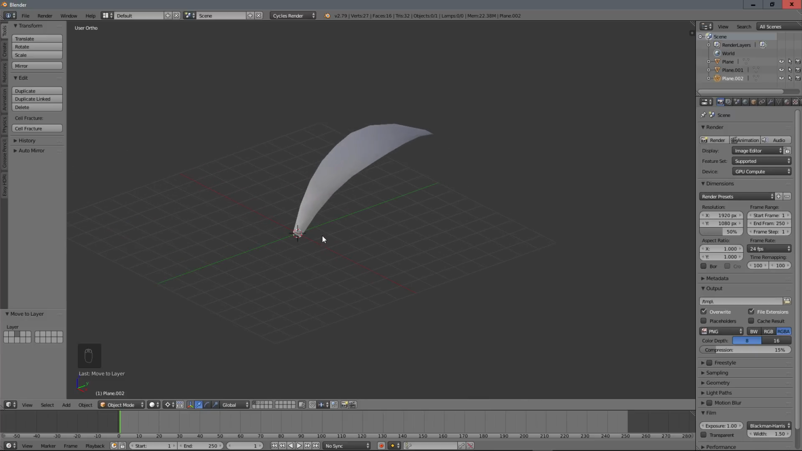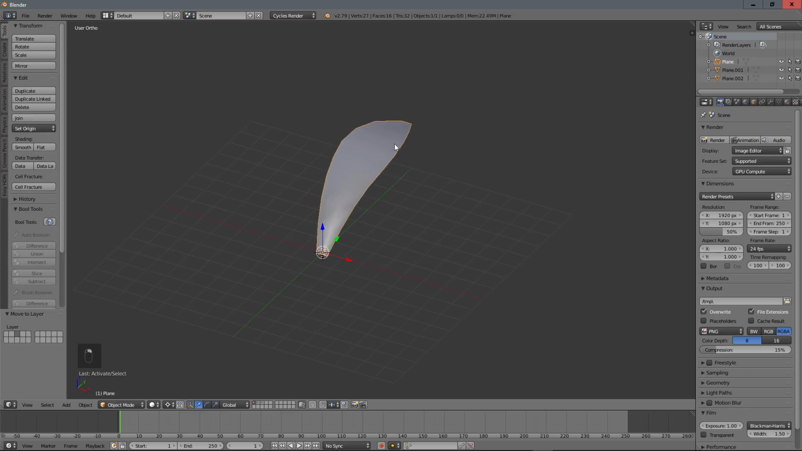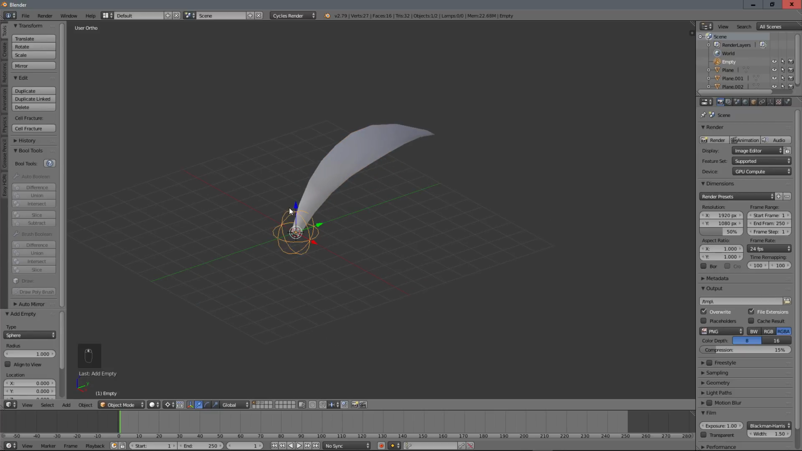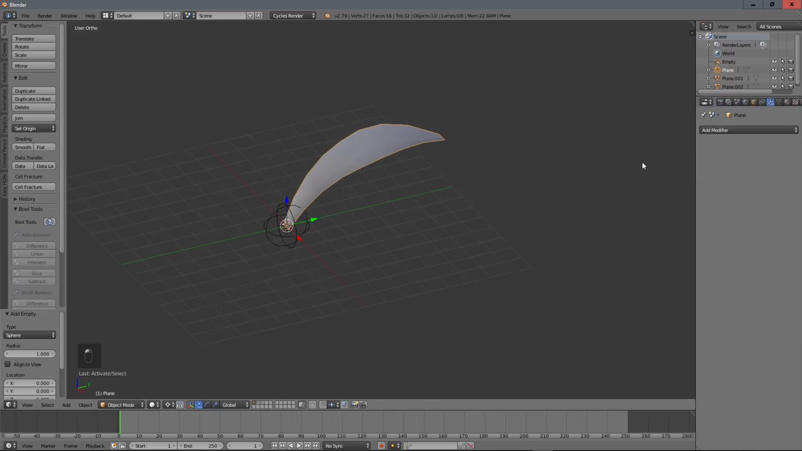The goal will be to have something with an array modifier that you can change and make different shapes of plants very easily like that. So first of all, let's create our first array for this leaf. Let's go and add here an empty, and this empty will be a sphere. For example, the shape of the empty doesn't change everything,